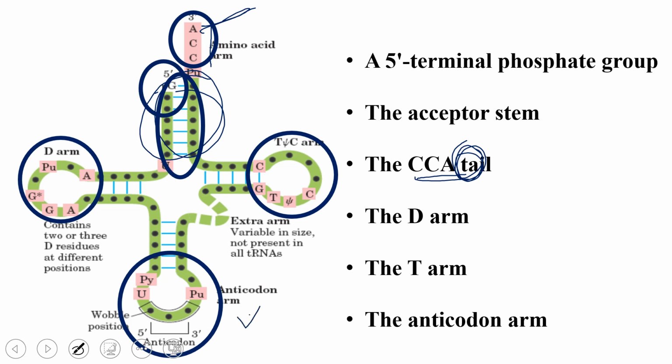This is most important. Two portions are important in this tRNA: one is the CCA loop and the second one is the anticodon. ये तो आपका हो गया specific things. अब these tRNA are composed of nucleotides. आप जो star देख रहे हैं यहाँ G star, this is one of the modified nucleotides. This is not the normal guanine, it is a modified guanine. Similarly, you can say psi, this is again a modified nucleotide.